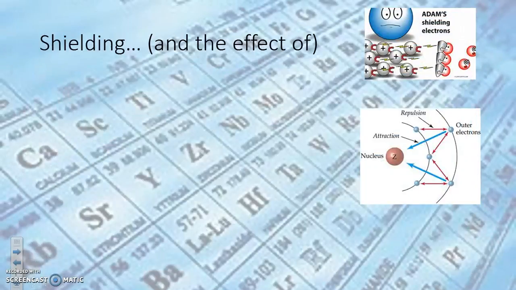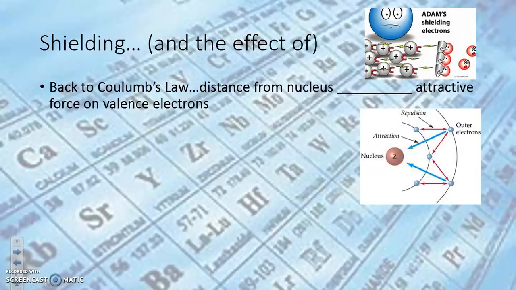Shielding. So what in the world is shielding? Shielding is something that affects the size of the atom. In Coulomb's law, we talked about the attraction between the protons and the electrons, and that Coulombic attraction is what pulls